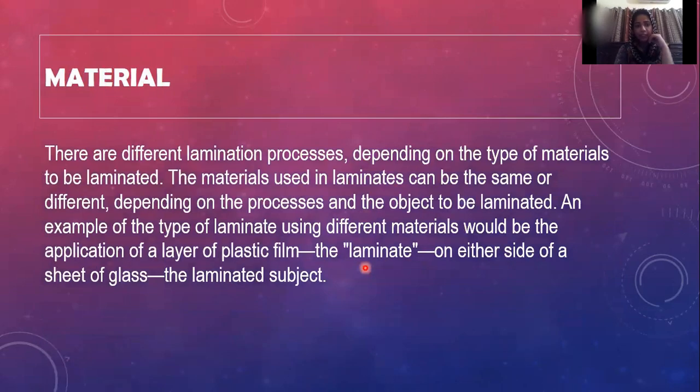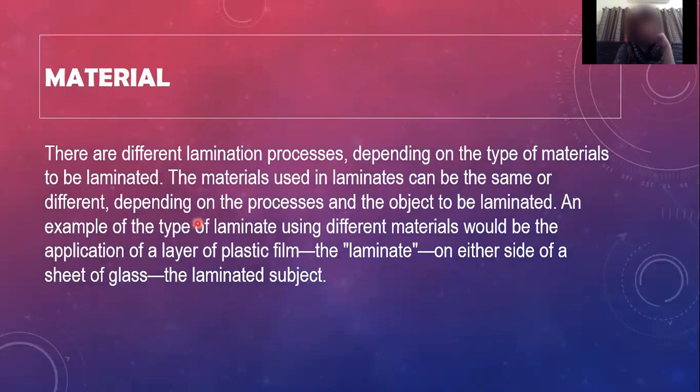Next, we have materials used in lamination. There are different types of material used in lamination. Some are the same or different, depending upon their material and their processes. There are different laminating processes depending on the type of material to be laminated. The material used in the laminate can be the same or different depending on the process and the object to be